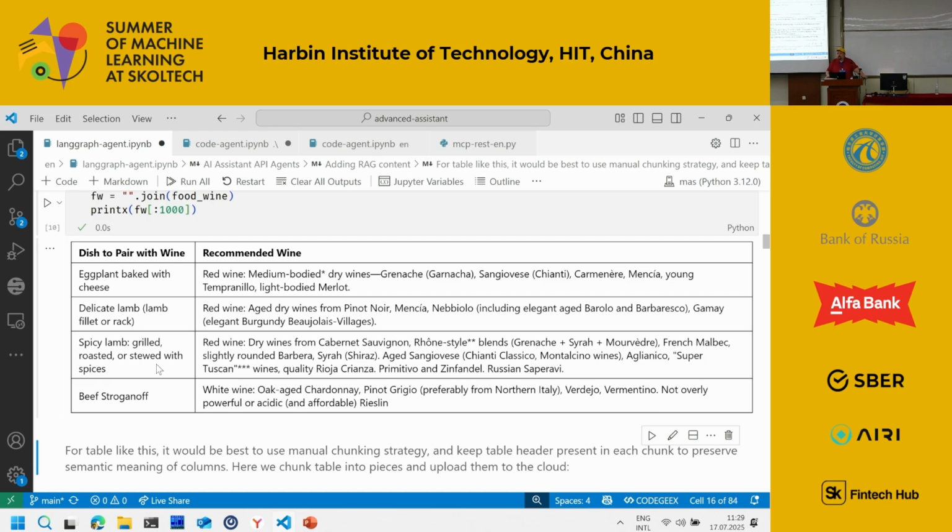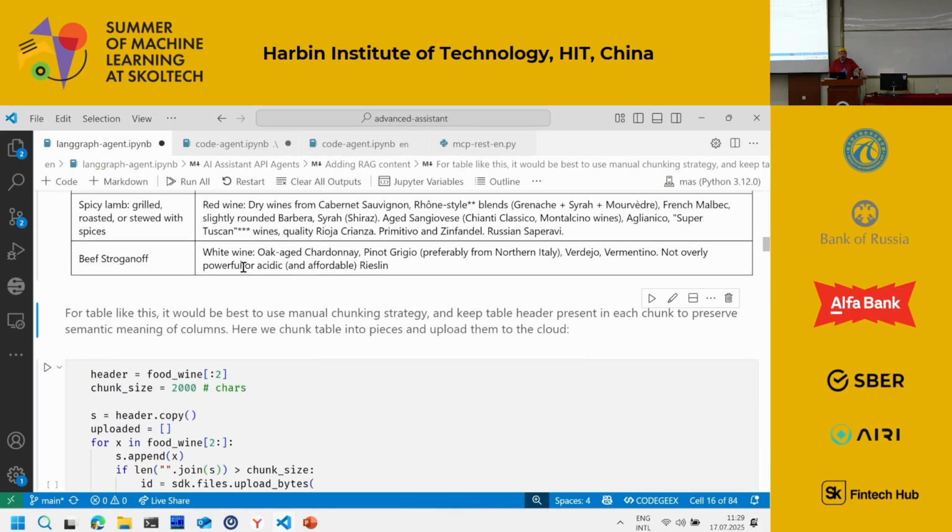You can chunk into parts automatically, but that would not be good enough because it would lose the header. The header carries additional information for LLM, right? The header explains what this table is all about. So it might work without the header, but it's much better if each chunk has the header. So what I do here is manual chunking.